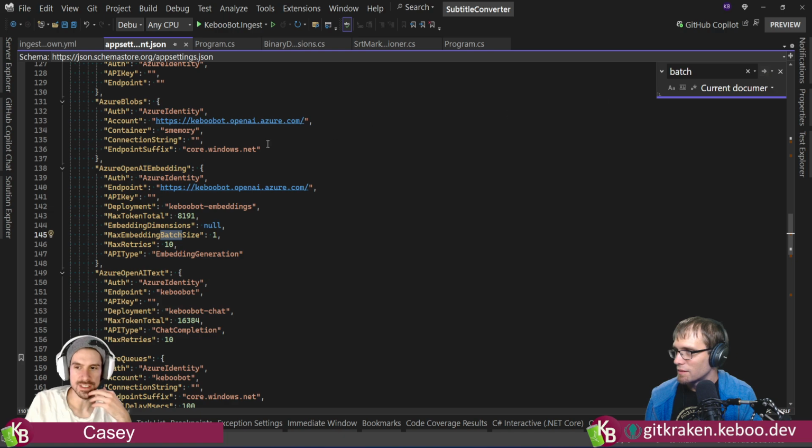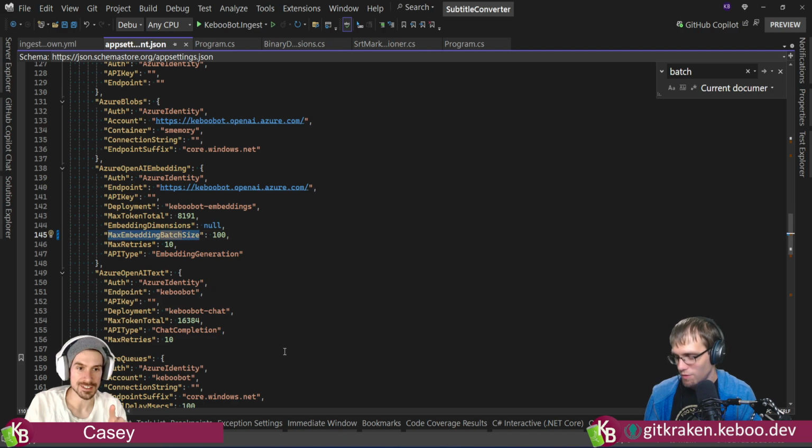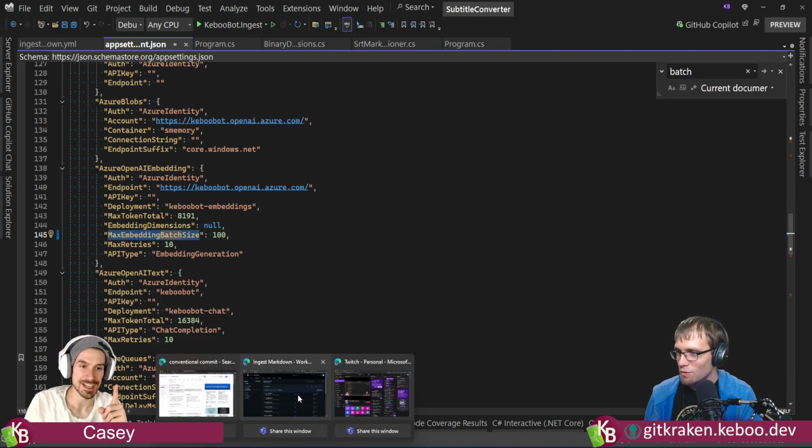Well, we can see. Oh, hold on, hang on. Azure OpenAI embedding. This is max batch size 1. That seems small. Can I make this big? Yes. You can make it fairly big. Let's go look at the docs. It says in the docs, I promise. That's the only reason I know about this.